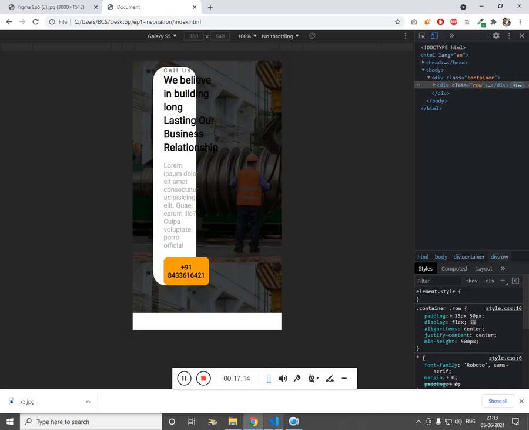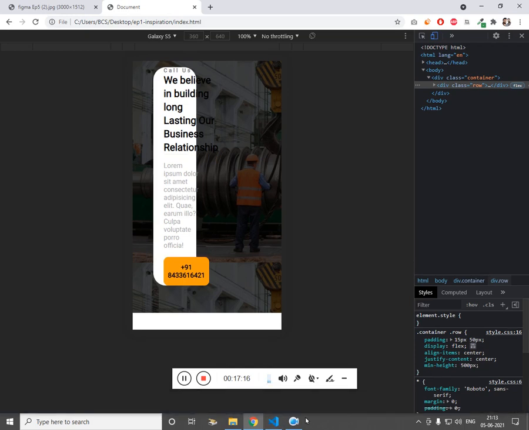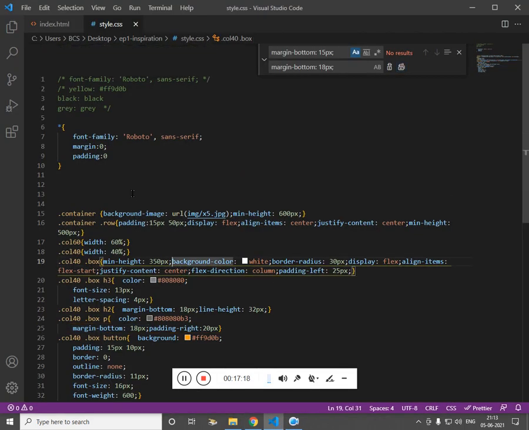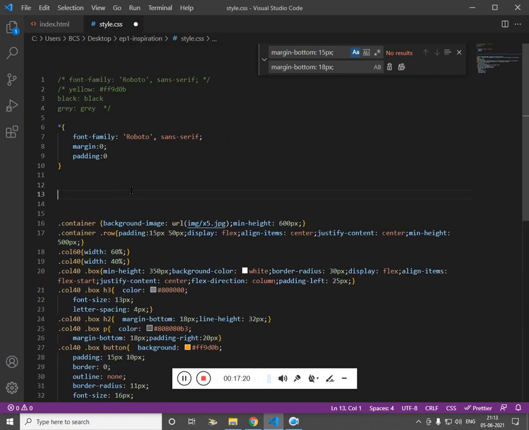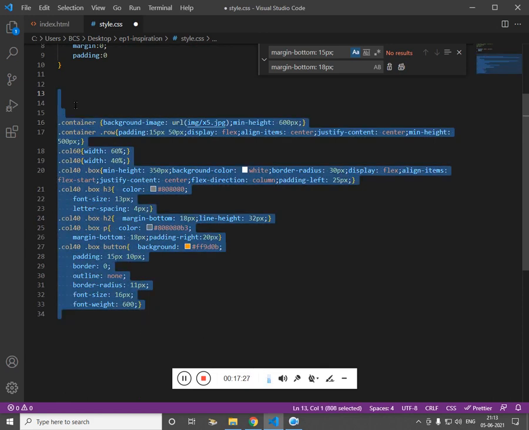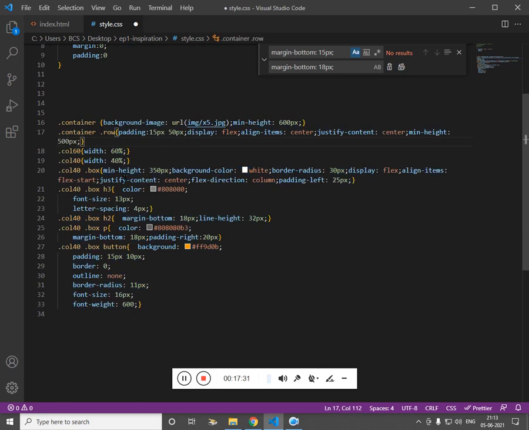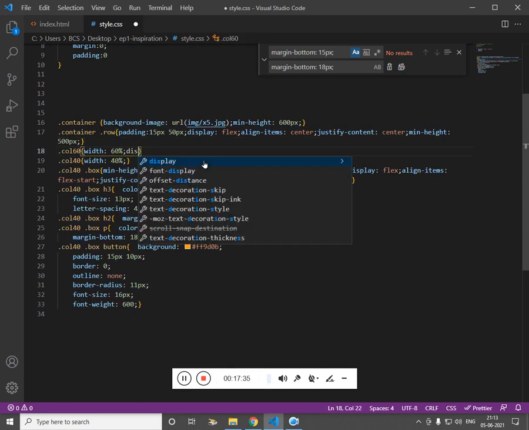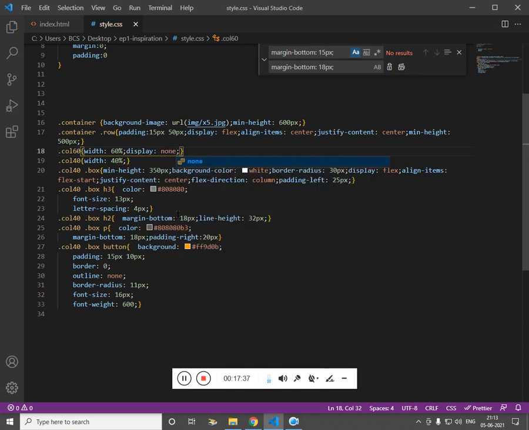So what can be done? Let's first design for the mobile. So this is the concept called mobile first. So let me make this display none for mobile. So now we are designing for mobile, and this is going to be 100%.